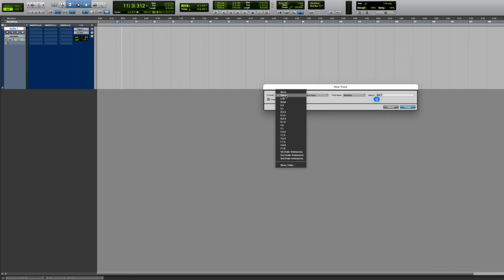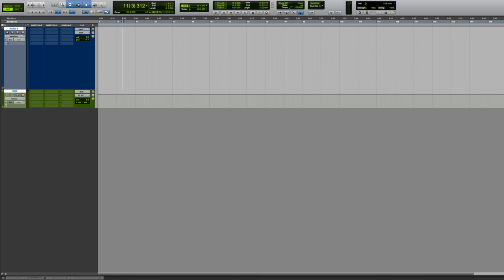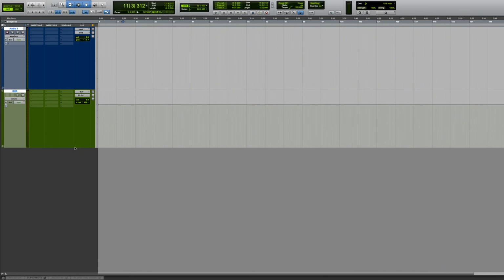So you do that, and you just put, I don't know, whatever bus, mix bus, vocal bus, reverb bus, whatever. It's there, and then it's automatically routed to it. That's the two different ways to do that. In this case, this is how you would do like a vocal bus or something. If you wanted to route and do